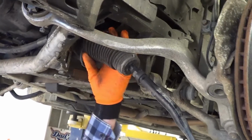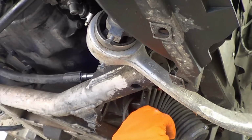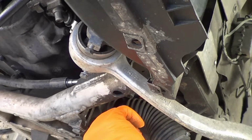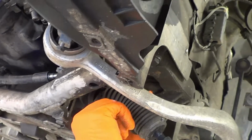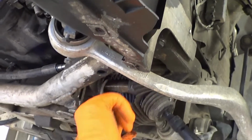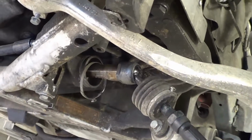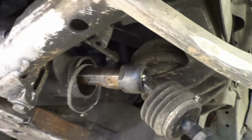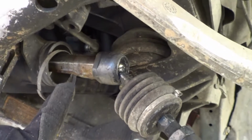And if you separate the inner and the outer, then you can remove the boot, which you would have to do to unscrew the old part. I'm just going to cut away this boot to get access. It's faster than me separating these 2 pieces. Oh yeah. Do you have to put a wrench? I guess you have to put a wrench on the shaft too, right? To keep it from...